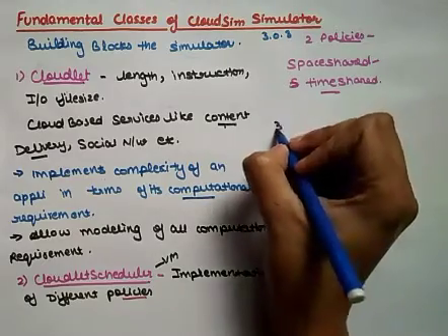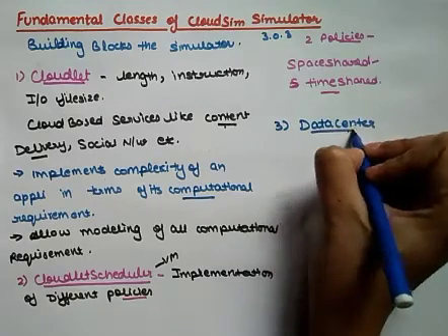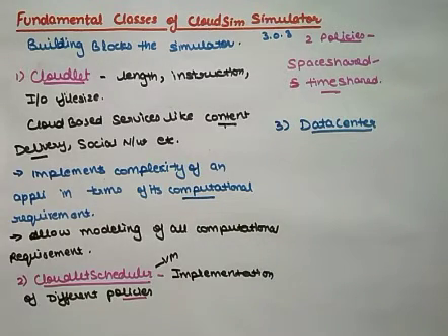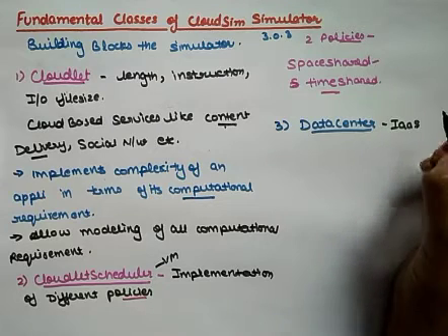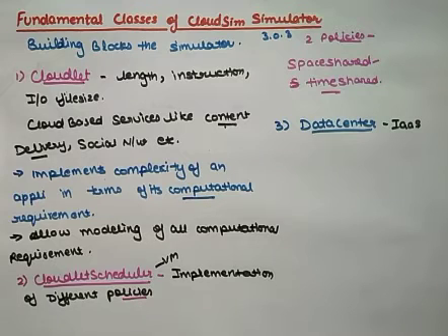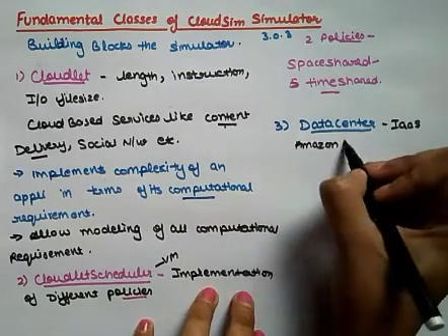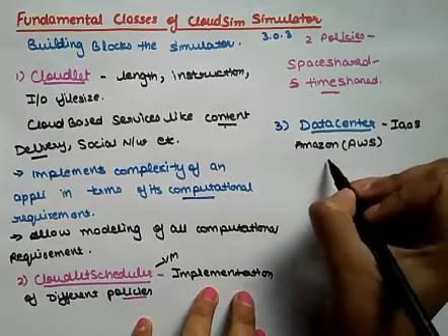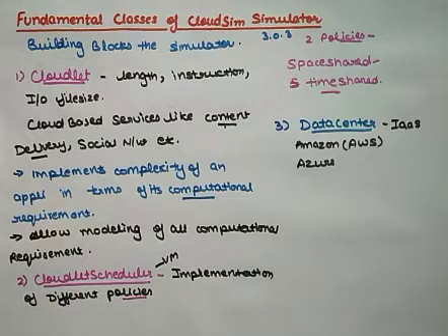Now the third class we have is Datacenter. Okay. This class is the core model of infrastructure-level service. It provides infrastructure as a service, right? Or we can say it provides hardware-like services that are offered by cloud service providers. As we have discussed many times, there are many cloud service providers like Amazon, or we can also say AWS, Azure and App Engine, right? All these are cloud service providers.